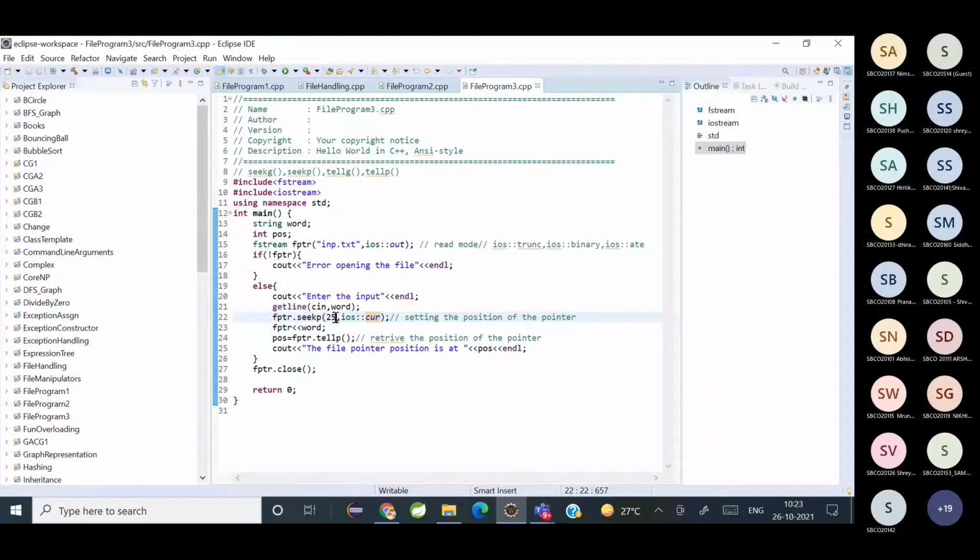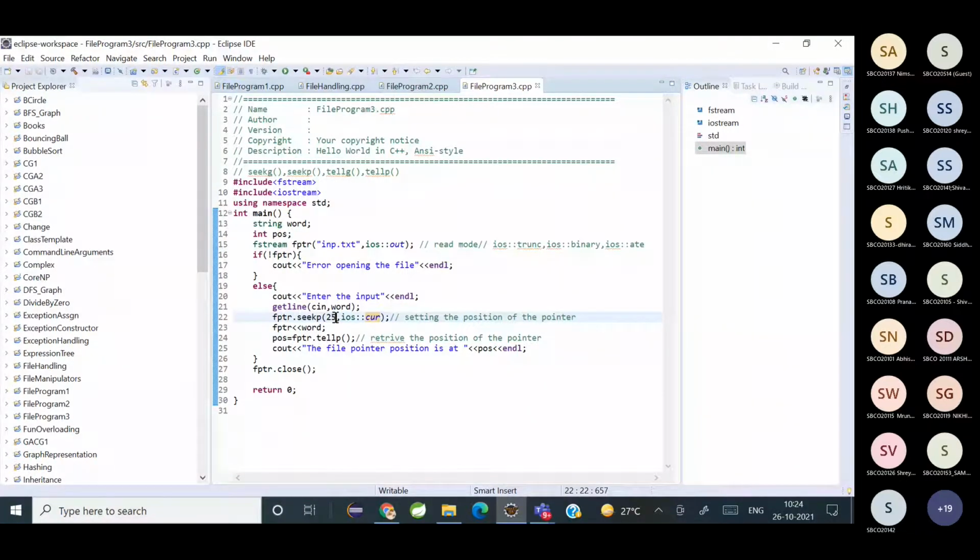So get मतलब क्या है? What do you mean by get? You're receiving something. So that is going to be input or output? Input. So when I say seek g, I will use it for input. G means get. When do you get values? When it is an input. So when it is in input mode, you will use seek g, and when it is in output mode, you will use seek p. P मतलब क्या है? Put. You're putting values. Understood?